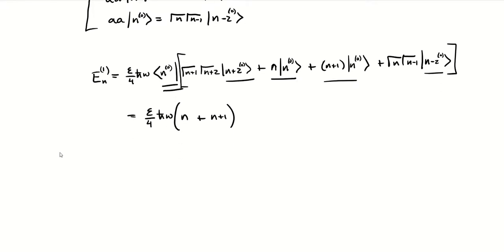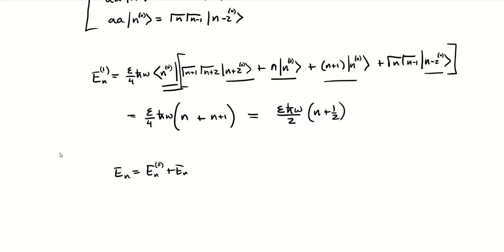And we get that, and we've sort of figured out what that first order correction is. It can be just simplified to epsilon h bar omega over 2 times n plus 1 half, right? I've just factored out, this is 2n plus 1, factor out the 2, and we get this. So the first order, our energy eigenvalue is just the